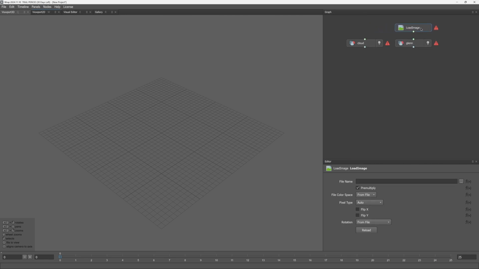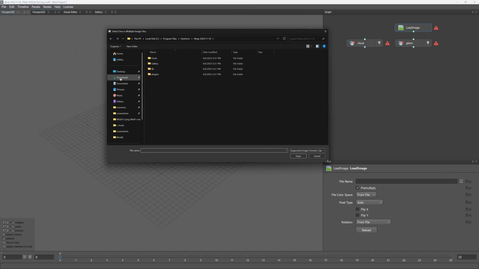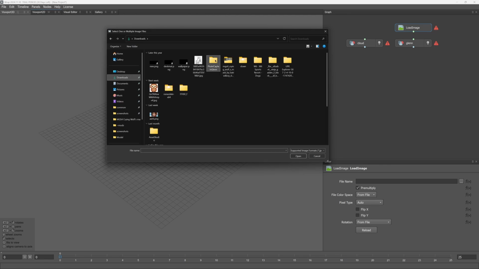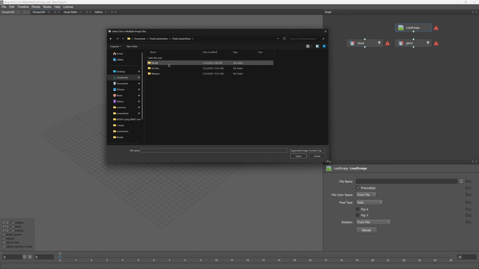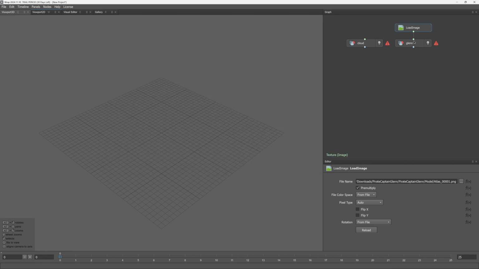This is for Glen's textures where they're going to be inputted. We can only do one texture at a time, which is fine. Let's open up his color map first. Input it, and now let's bring in